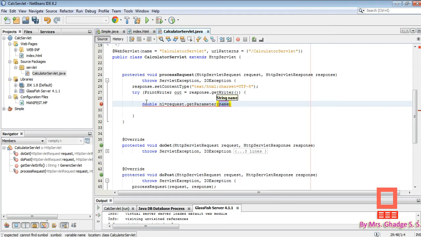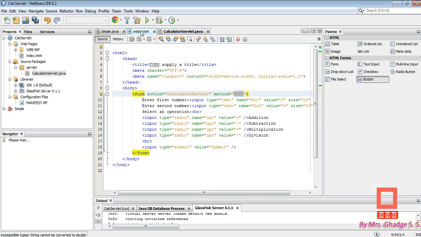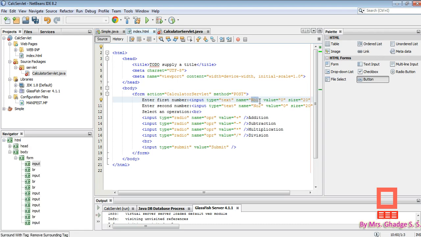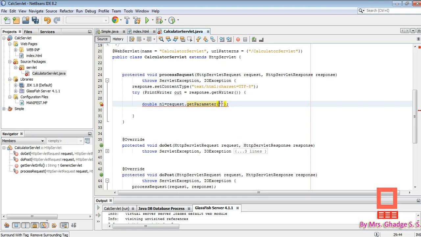getParameter will retrieve the data that is sent from the request, and the getParameter method has one parameter. That parameter is the name of the input field. Here the name of the input field we are using is no1. So here we have to put no1, and at the end a semicolon.